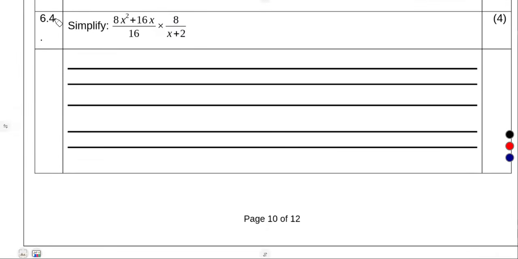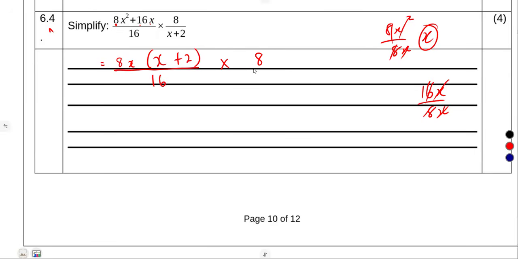All right, let us consider this one. Simplify on 6.4. What are we going to do here? Simply factor out. As we can see, there are two terms in the numerator, so factor out the highest common factor between 8 and 16, that's 8x. 8x squared divided by 8x is going to give us x, remaining with 1x. 16x divided by 8x gives us a positive 2. Everything over 16 times 8 over